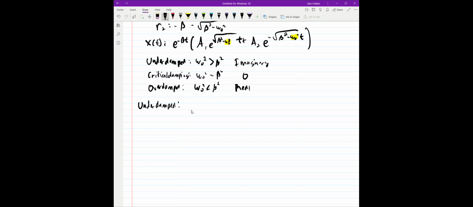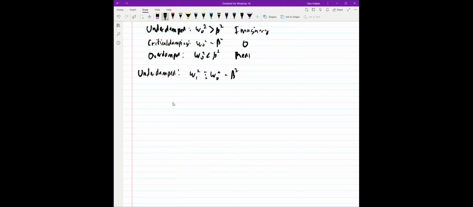Underdamped. It's useful to define omega 1 squared as omega naught squared minus beta squared. In other words, we define a new fundamental frequency, where this is greater than 0, because we defined it as this. That lets us rewrite our solution as x of t is equal to e to the negative beta t,